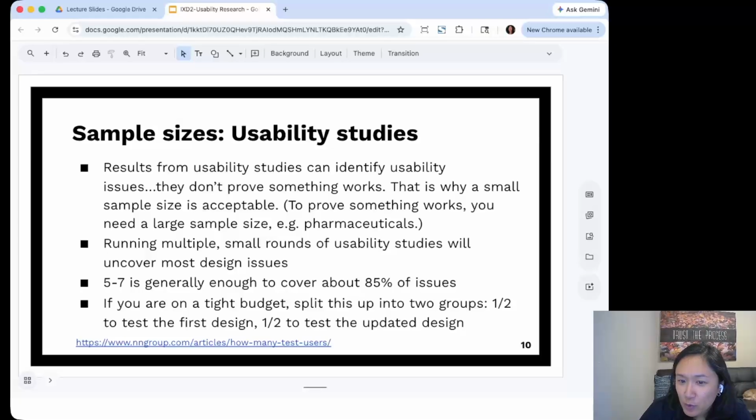A way that you can save money or time is by maybe splitting that participant group into a before design group and an after design group. So you can have your first draft of your design tested with 3 to 4 people. And then once you make your design updates from the feedback of those people, you can then test with that second group of people to see how your new design performed against your previous design. So that could be a way for you to reduce costs and to potentially make better use of a small